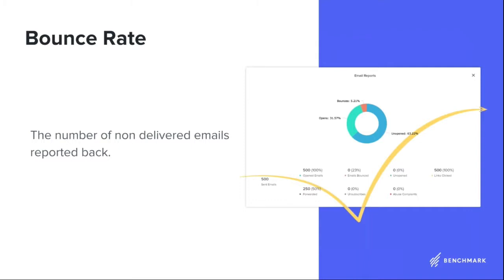So cleaning the list regularly, that is something that we highly recommend doing. That is a feature that's built into every one of the lists that you have with Benchmark. So when you see something bouncing above 5%, definitely take a look. Go into your clean list feature, look at the list, and see how many people have been a confirmed bounce. If you see that number has jumped up, get them off your list, remove them. There's no point in holding onto that dead weight.